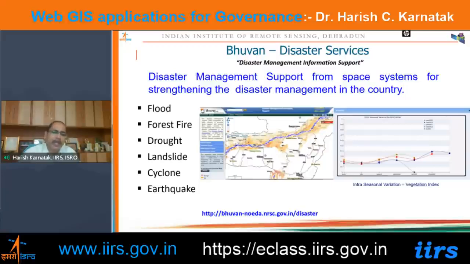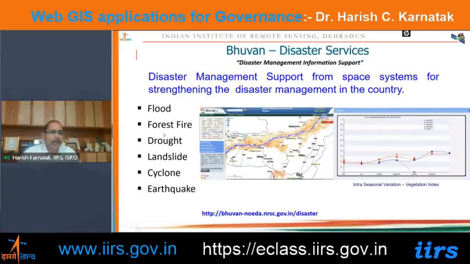And then we disseminate this inundation map to the district collectors, the relief commissioner, or a concerned officer through API or through web services, so that without physical download of data, they can start using it and make their own plan.